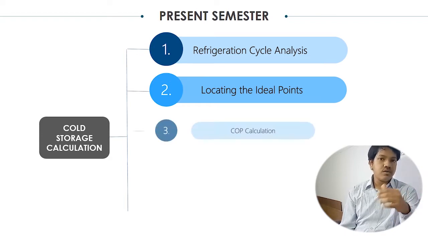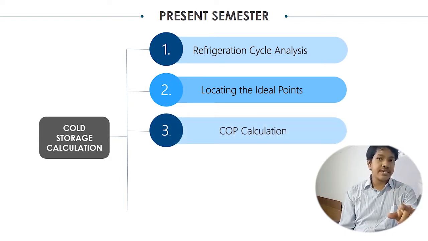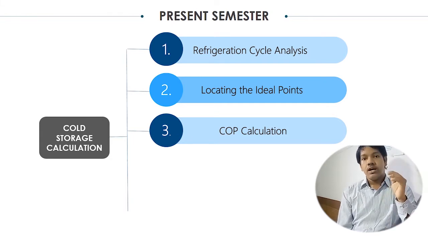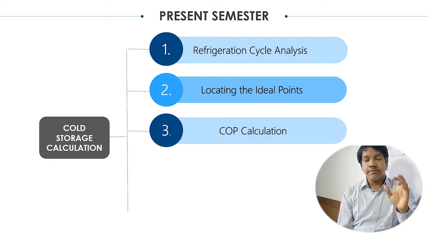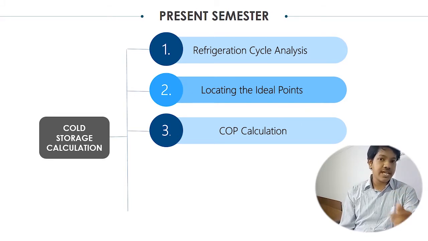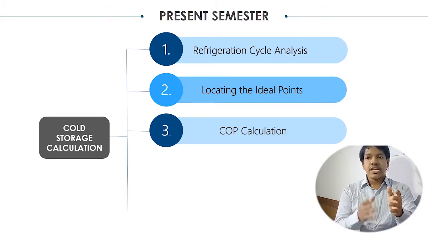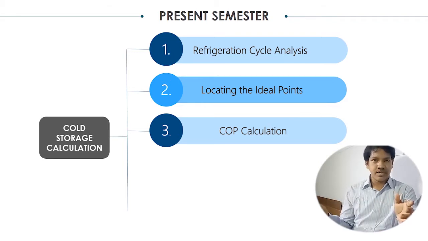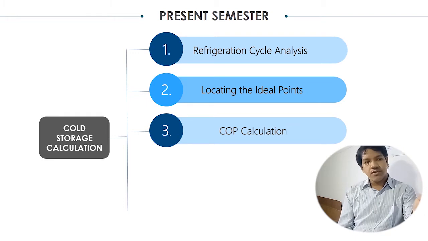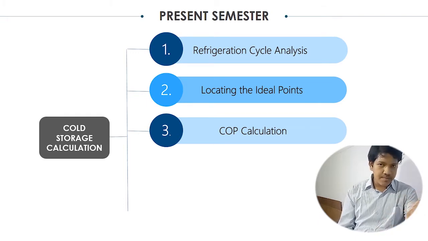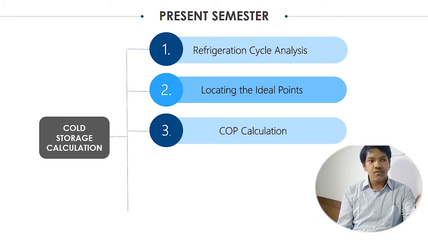Then after that we would be calculating the COP, as well as the work done by the total cycle, as well as the refrigeration effect, which we need to have at least 6 tons. Besides the refrigeration effect, we also need to calculate the mass flow rate of the refrigerant. That is very vital in order to calculate the rest of the parts of the total refrigeration system.